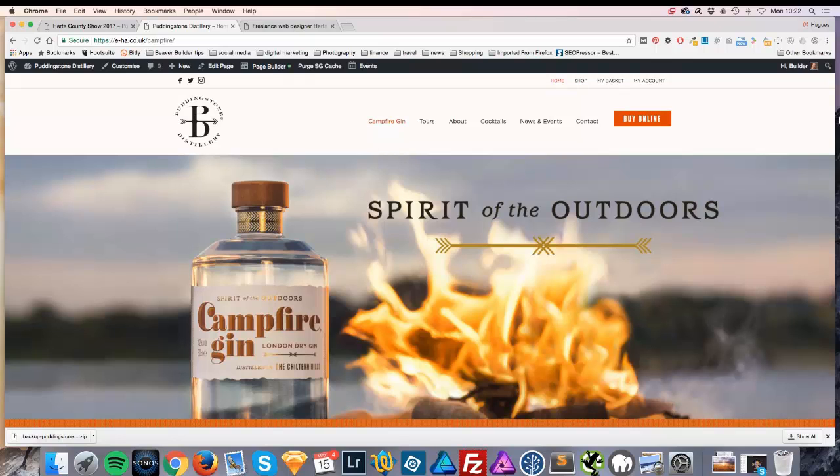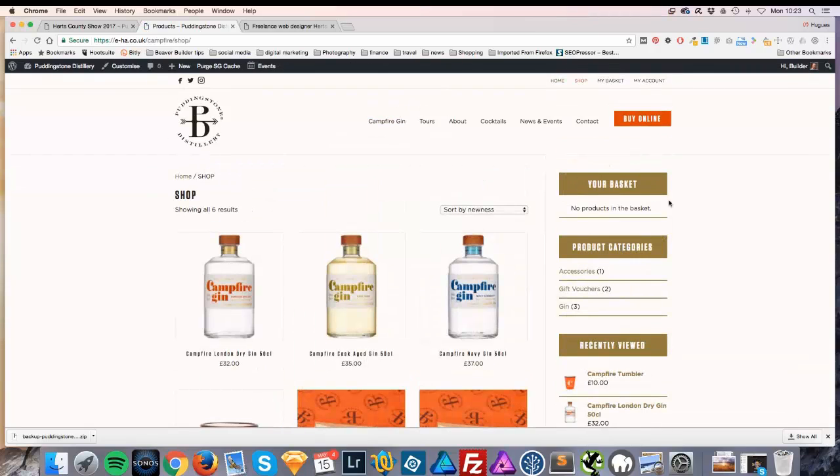But what we may end up doing, because I don't think it's an actual legal requirement, but it's something that is useful to have, particularly when we go to the shop, as a measure, is we may just have a notice appear. And again, with Beaver Themer, I could do that. In fact, I might actually activate Themer on this site, because obviously I've already bought it. I would probably put a note here, or we may even add a note at the top of the site, or somewhere permanently,